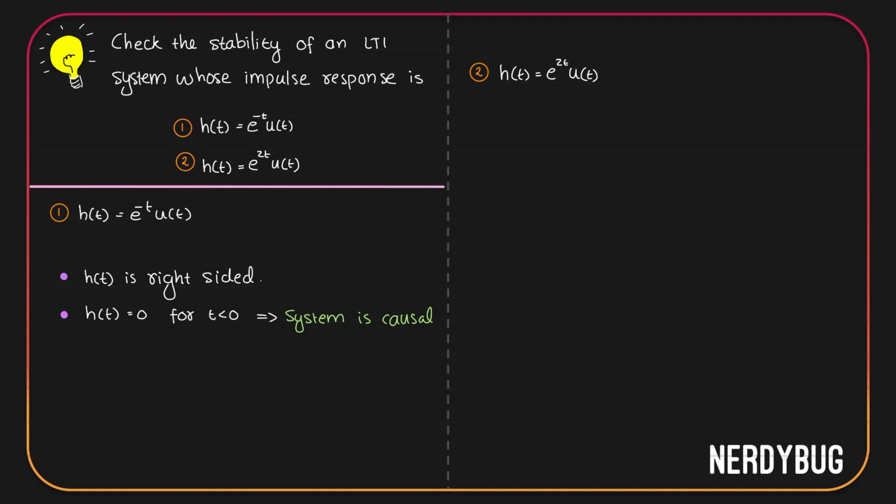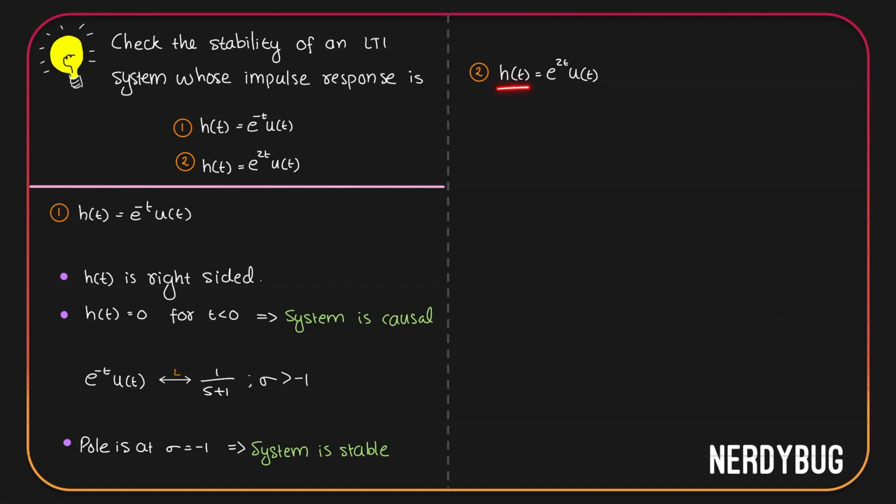We just learned that for a causal system to also be stable, the condition is all its poles should be on the left half of the S plane. So let us write the Laplace transform of e raised to -t u of t so we can see where all the poles are. Laplace transform of e raised to -t u of t is 1 by s plus 1. Its ROC is sigma greater than -1. It has only one pole and it is at -1. So we can conclude that the system is also stable.